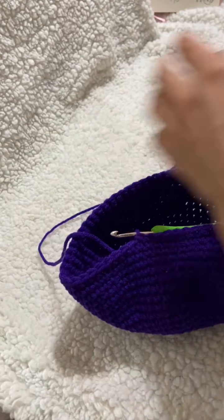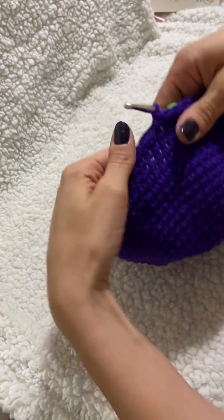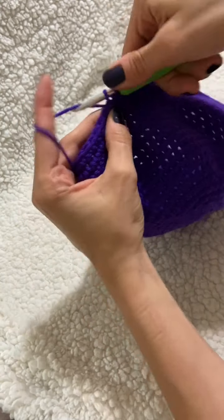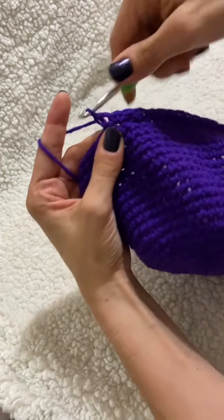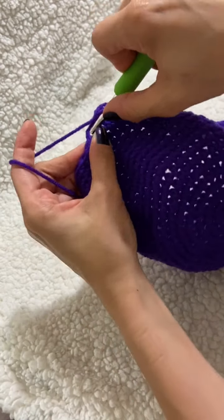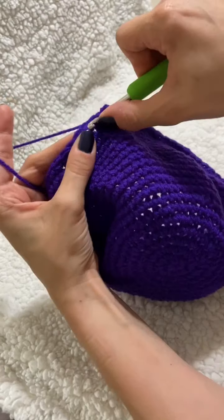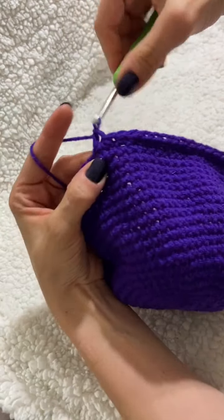Okay, and let's go ahead and do that again. Let me pull my yarn out here. So a decrease, and then 7 individual single crochets. Decrease, 7 individual single crochets,